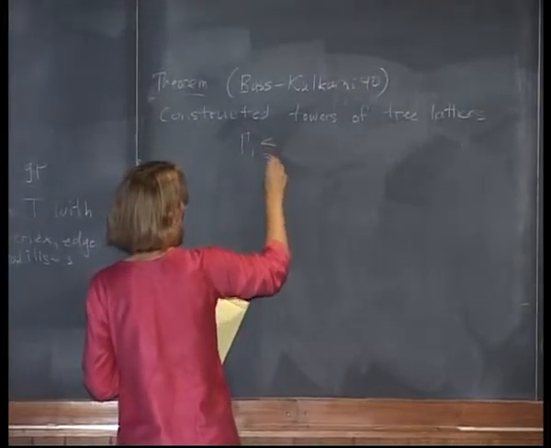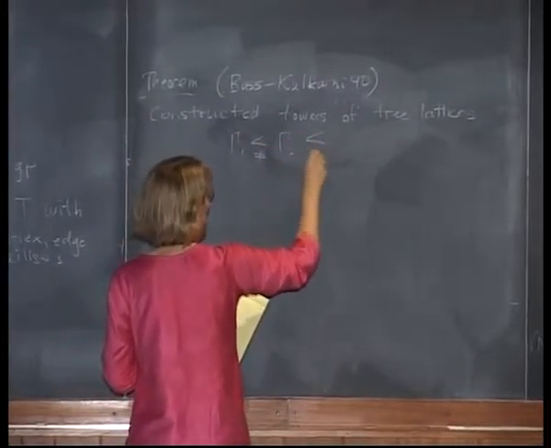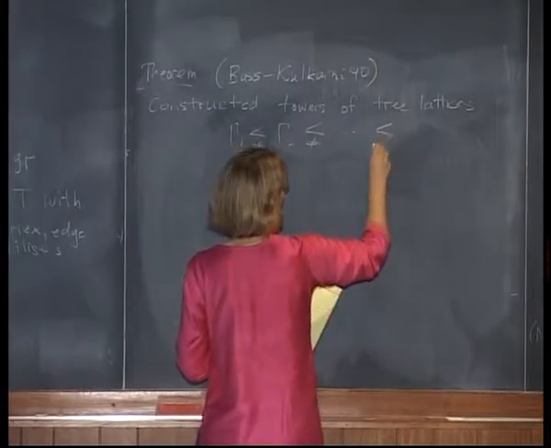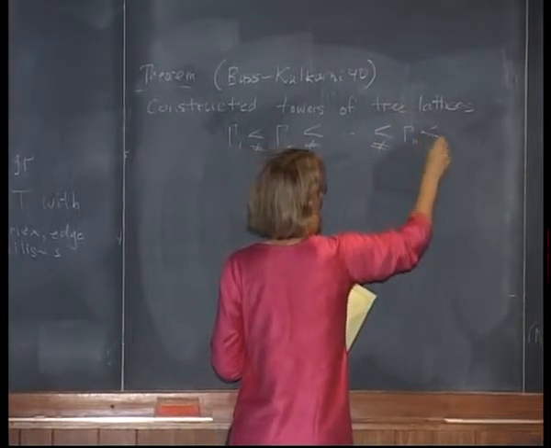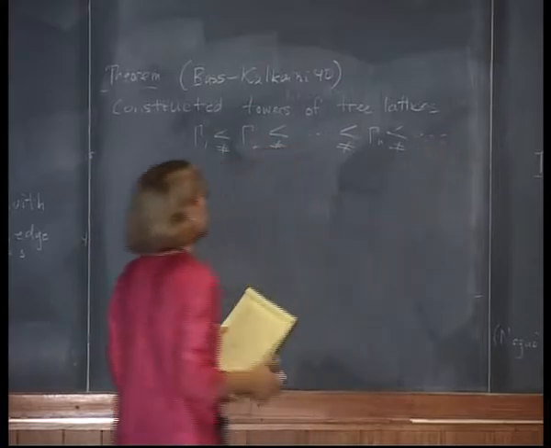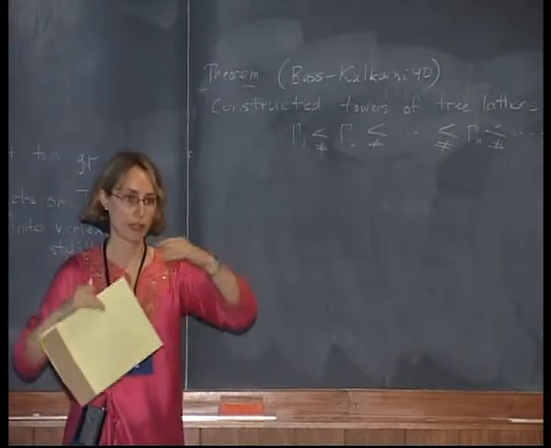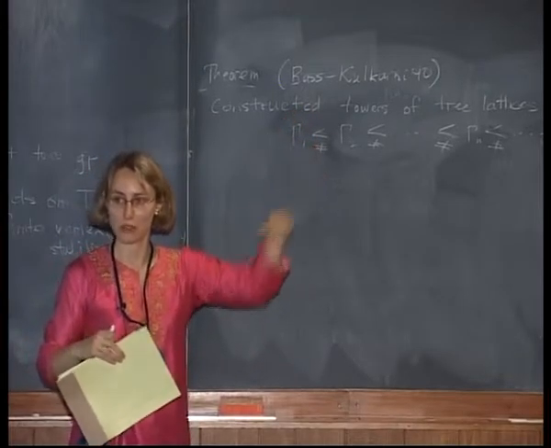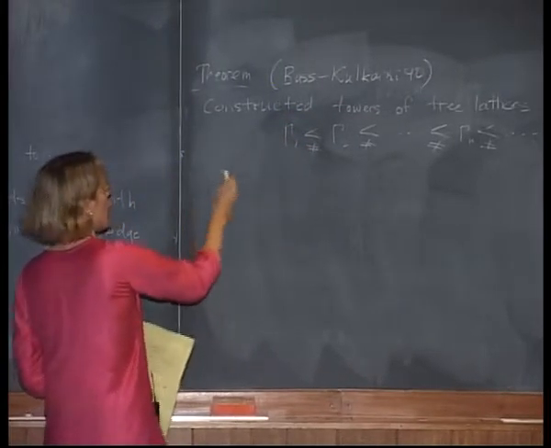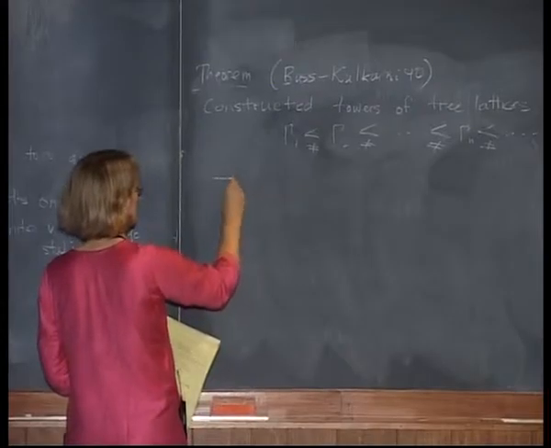So a tower of lattices is an infinite, strictly ascending sequence. Often in group theory, you fix a group and you're looking at sequences of groups going down. This is going the opposite direction. These groups are getting bigger. And what the consequence is,